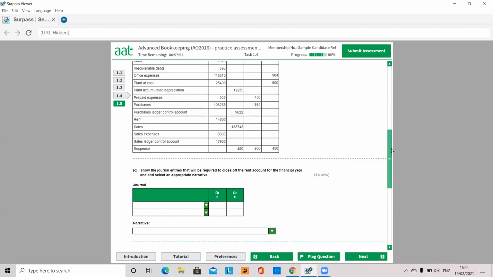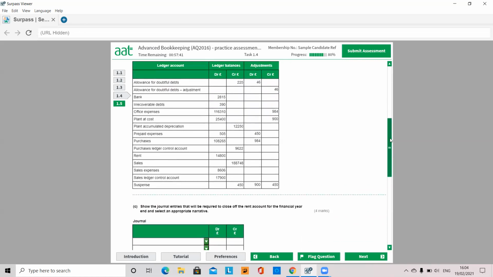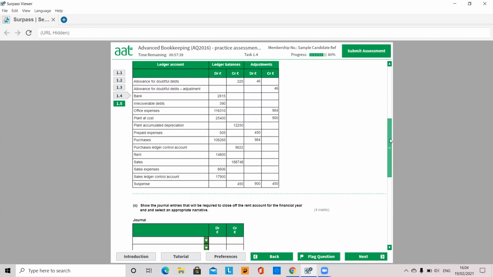It now says show the journal entries that will be required to close off the rent account for the year end, for the financial year end, and the appropriate narrative. So we've got this rent figure. I cannot think of it as in its T account. Is it rent? Yeah. So we've got rent, debit side,